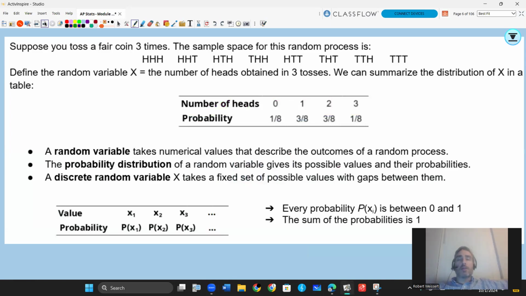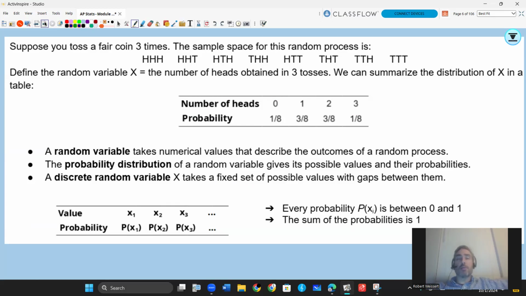We're going to be talking about sample spaces, random variables, probability distributions, and particularly discrete random variables. Think about flipping 3 coins. In this case, you're going to have 8 options: heads, heads, heads; heads, heads, tails; heads, tails, heads; tails, heads, heads; heads, tails, tails; tails, heads, tails; tails, tails, heads; and 3 tails. Now, if we define X as the number of heads obtained in 3 tosses, we can